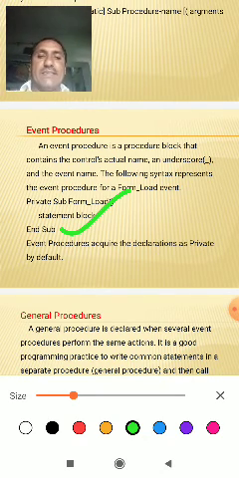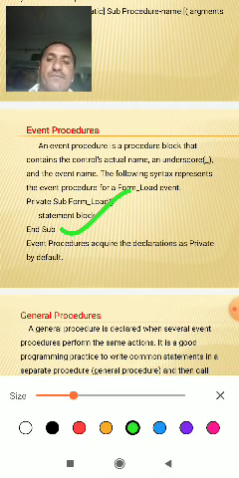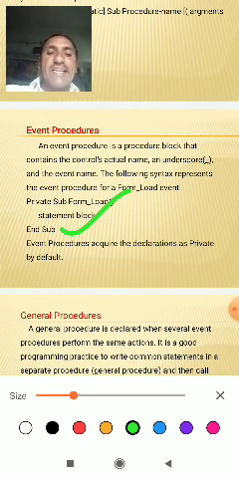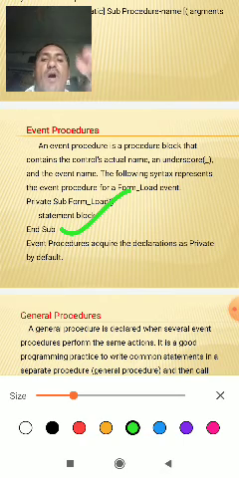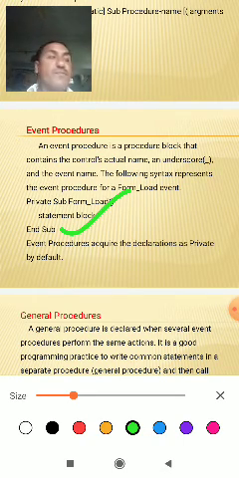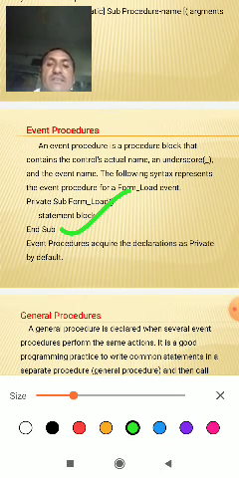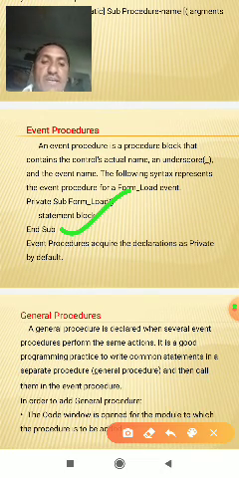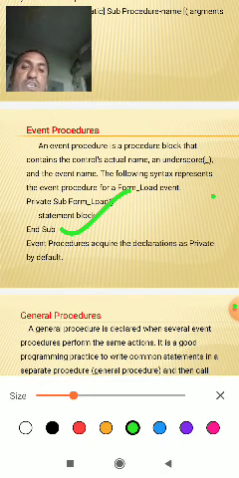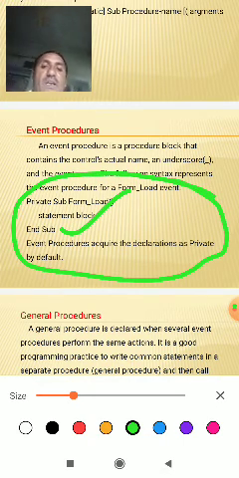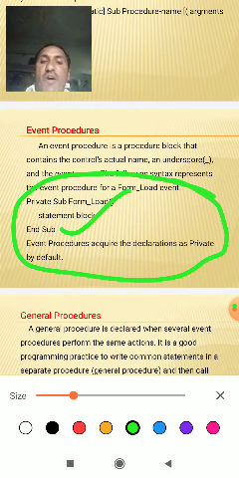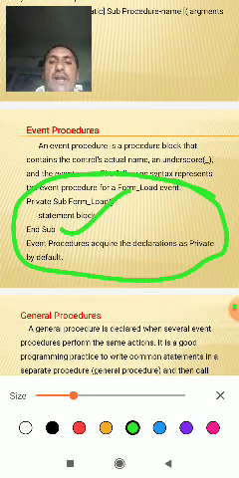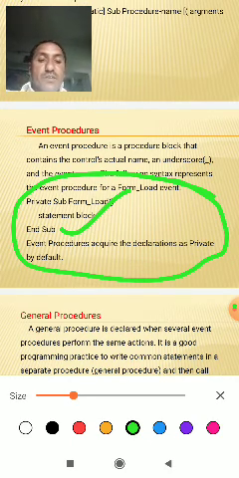The event procedure declaration is automatically Private by default. So Private Sub Form_Load, statement block, End Sub. Event procedure declarations are Private by default.